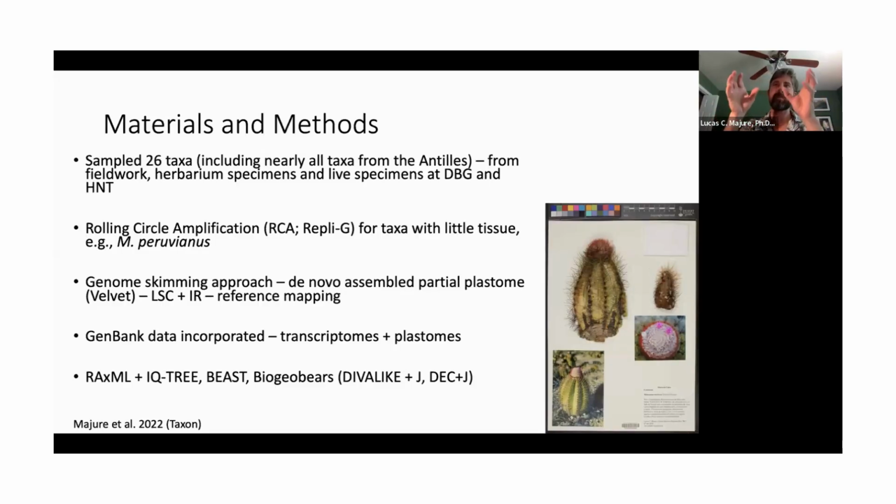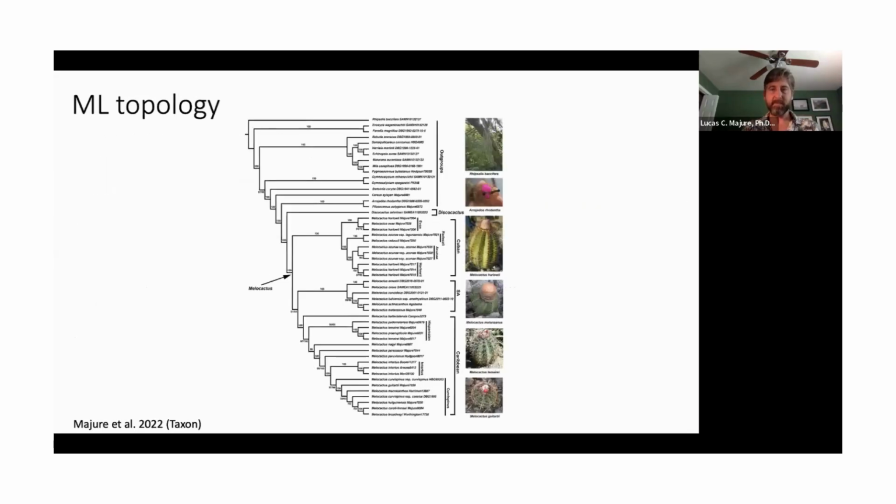And then I took those millions of reads and I assembled those to a chloroplast genome. So essentially what that does is pulls out all the chloroplast genome data, and then you generate a data set from that chloroplast genome data and then run analyses on it to understand the evolutionary history. And so this is what we get.